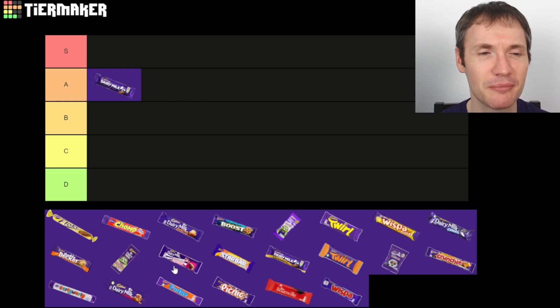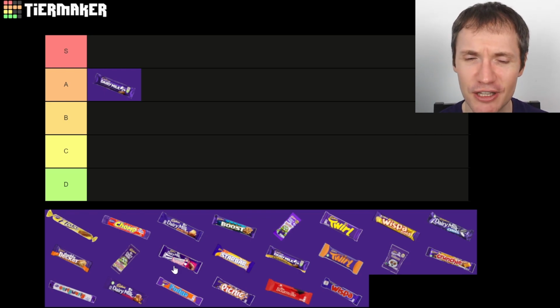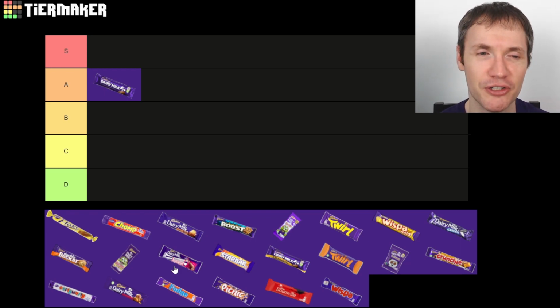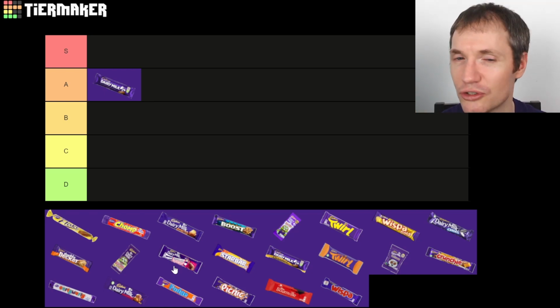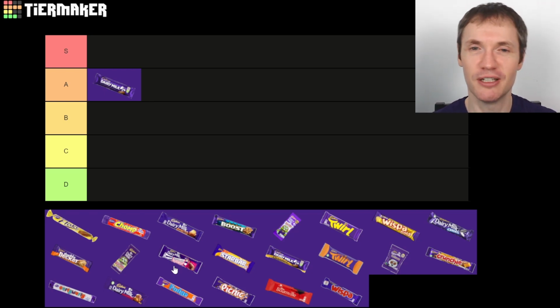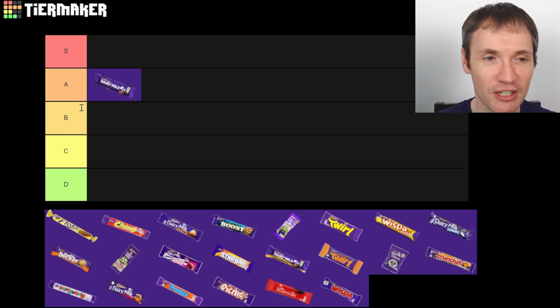It was a kind of, as I say, are we ranking Cadbury's bars? But I think we are doing them as a whole. I think it'd be impossible to say, well, they're all terrible, but this one's the best of the worst, and then give it an S. I think really we are rating them as chocolate bars as a whole. So yeah, I think that's the best way to do it. Just sort of talking myself around there, really, whether I think it was the right thing to do, but I think it is. So definitely an A rank for the